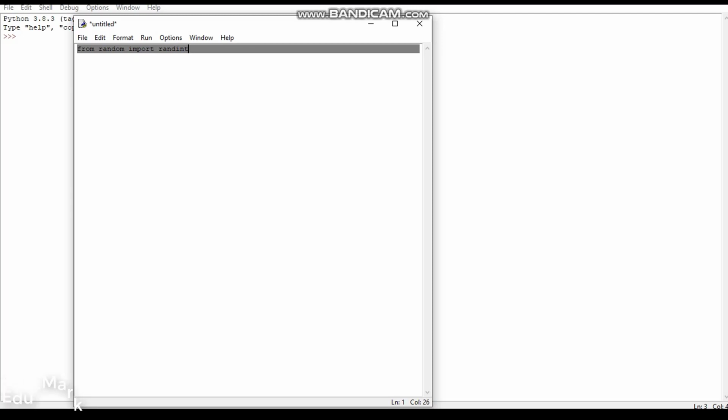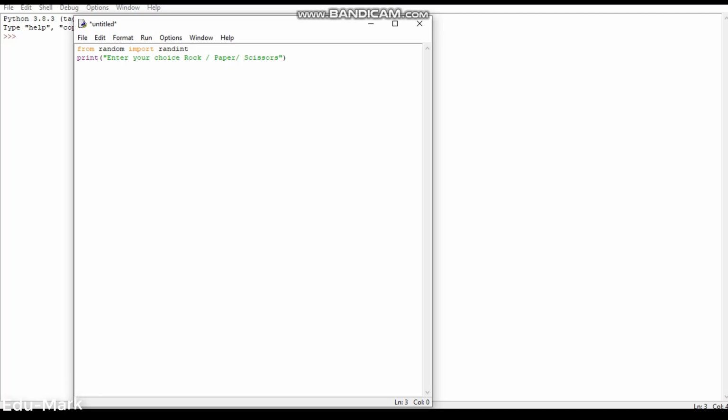So the first thing we will do is import a module called randint from the library random. So we will say over here, from random import randint. So now we will send a message and prompt the user to type either rock or paper or scissors. So I will say print, parenthesis, and in the double quotes I will say please choose from rock, paper or scissors.